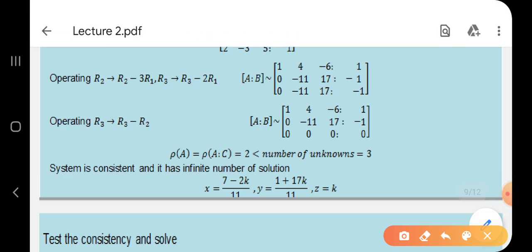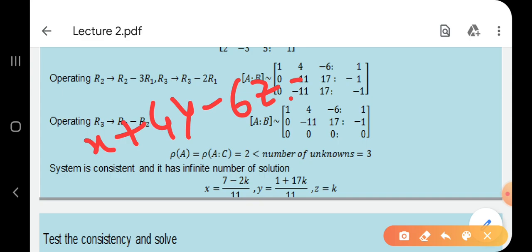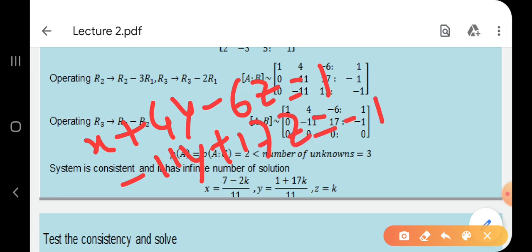For that, write down these equations. What I get? I am writing here properly. x plus 4y minus 6z is equal to 1. Then minus 11y plus 17z is equal to minus 1. How many equations are there? Only 2 equations, and unknowns are 3. When such a case arises, put